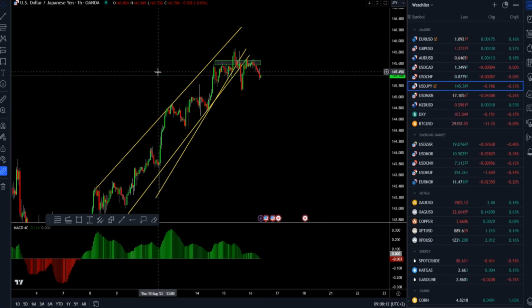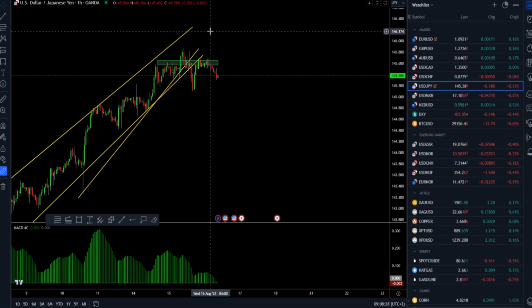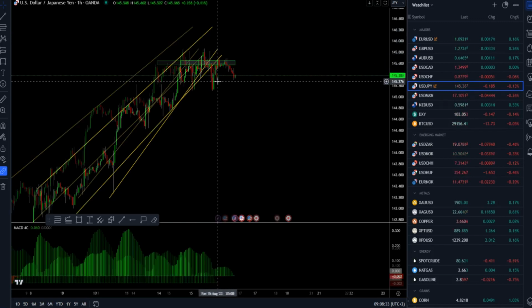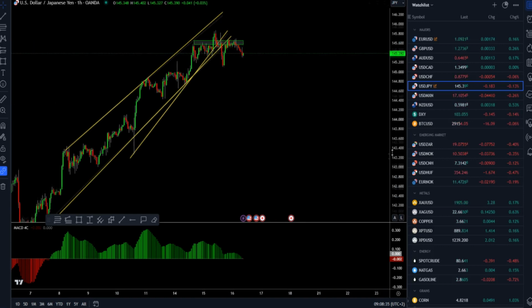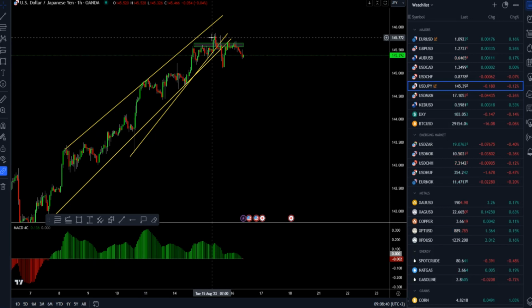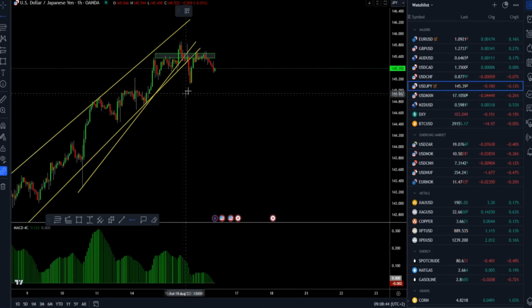This is the hourly time frame that we're watching here, and we have the strong resistance that the market developed in the last, I will say, 24 hours, and that resistance is set at 145.66 level. You can see that this morning the market did try to trade higher, but we had the rejection of this resistance. Another thing that I found is that there was a breakout of the rising trend lines and the upside channel, which is another good confirmation for a potential further downside scenario to develop.